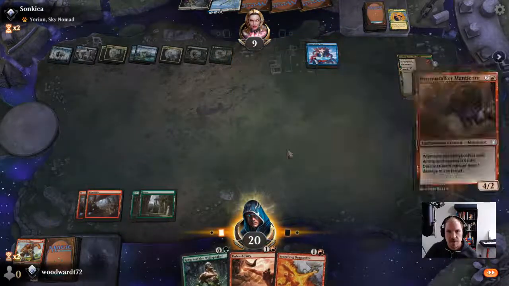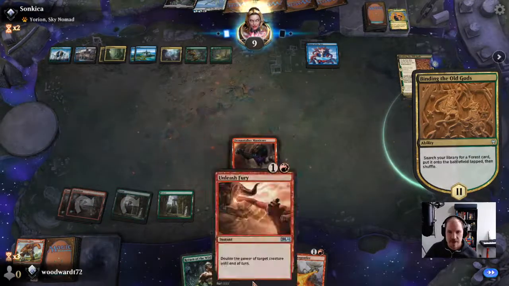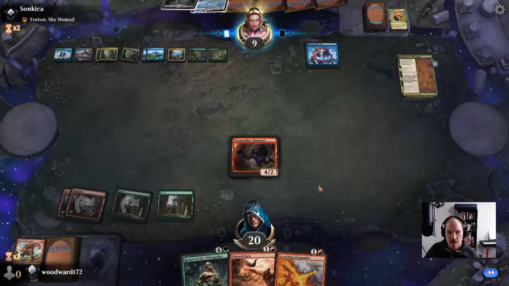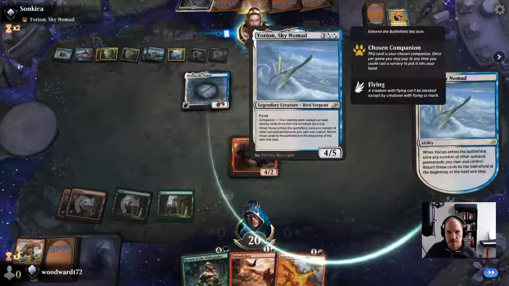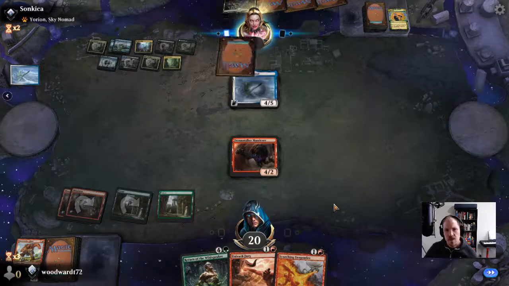We're just going to play Manticore. Our plan here is to have them not kill Manticore, and then next turn Unleash Fury on Manticore, deal 8 to them, and then on their turn, maybe deal some damage to them. But they're going to get their binding back, so...